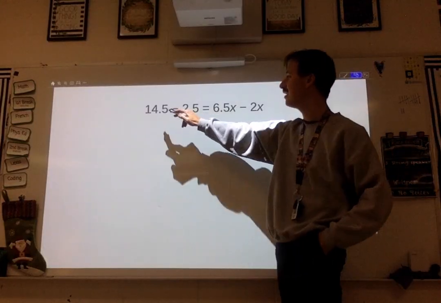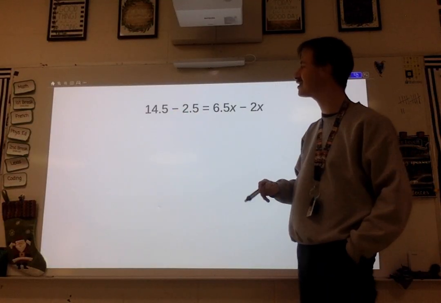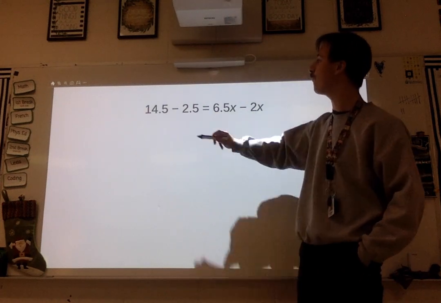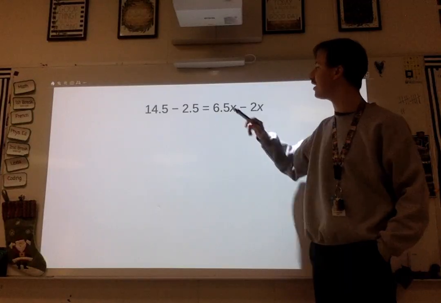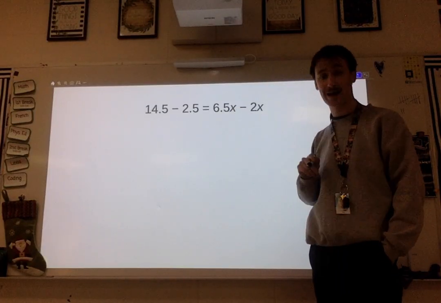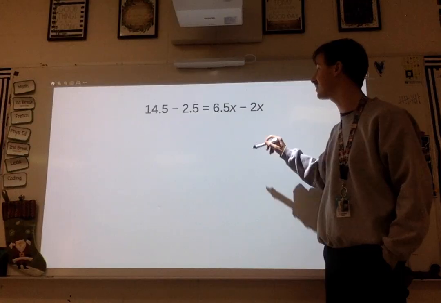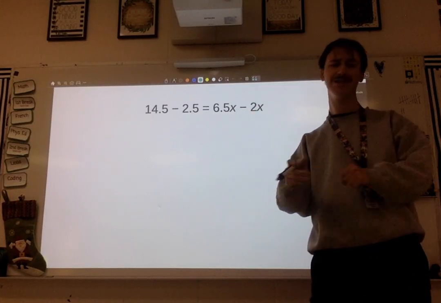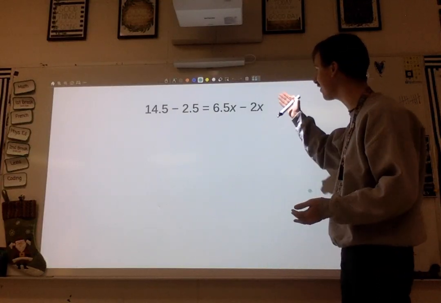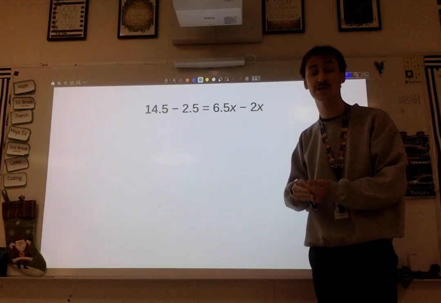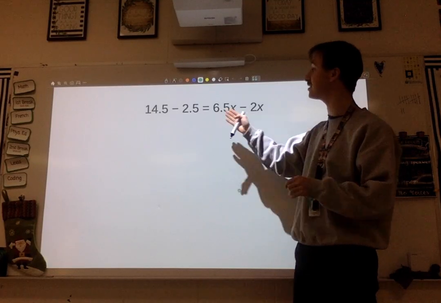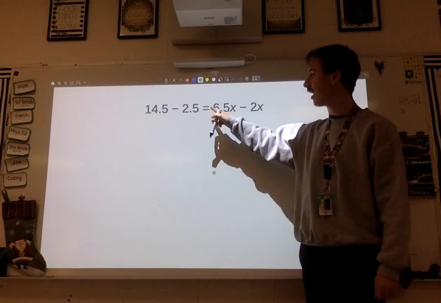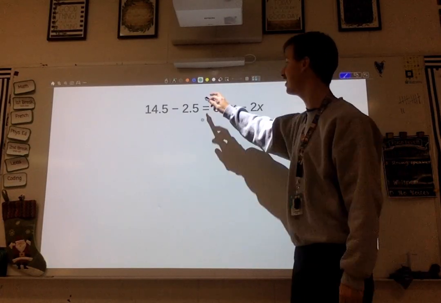We have 14 decimal 5, or 14.5. Some people say 14 and a half. I'm a 14.5 guy. Makes it nice and quick. 14.5 minus 2.5 equals 6.5x minus 2x. Now, we can identify our variable here as x. What is it? I don't know, but it is our x. It is our unknown, and we can solve what that unknown is to balance the equation as it is in the start. Sometimes, to make life a little easier, I change out this equal sign, and instead I put a